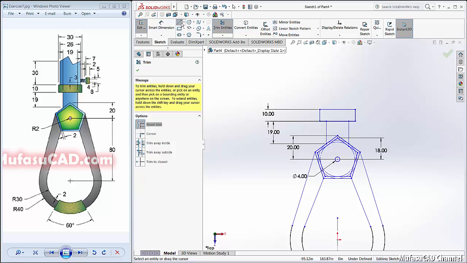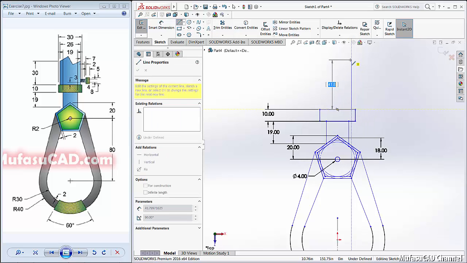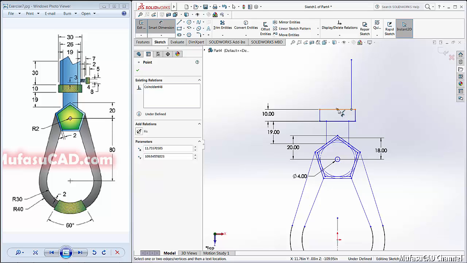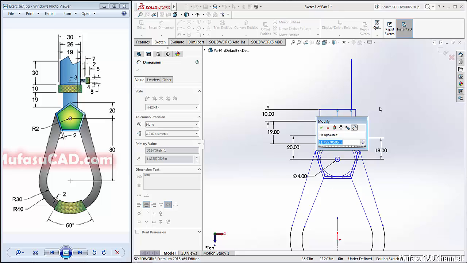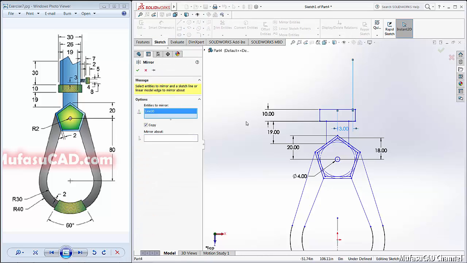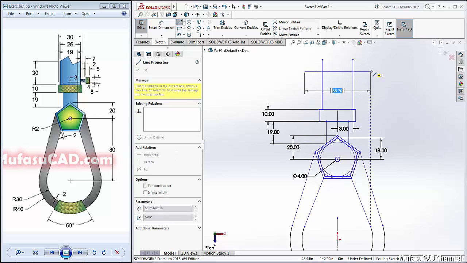Okay, next I will create a line in here. Right click, select, and I will give the distance, this line from the center point here. In here about 13. Okay, and I will mirror the line here with a mirror about in here, and okay, then create a line again here.